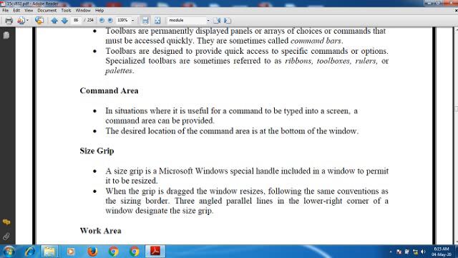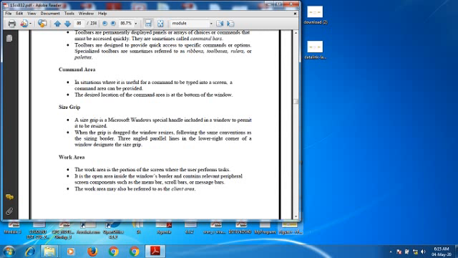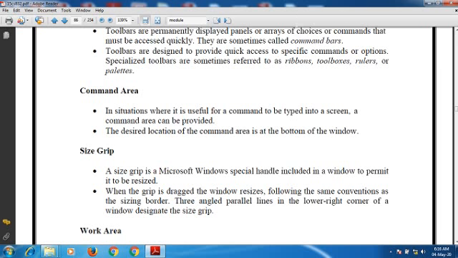We have three angled parallel lines in the lower right corner of the window designated as a size grip. For example, here at the bottom of the vertical scroll bar, you can see what we call the size grip, so that you can resize this particular window.